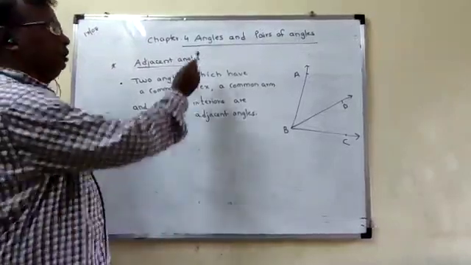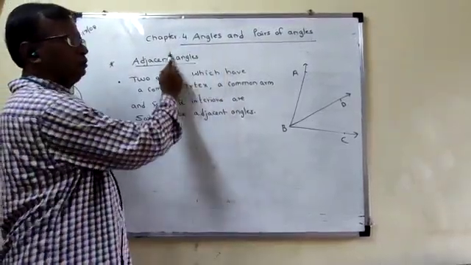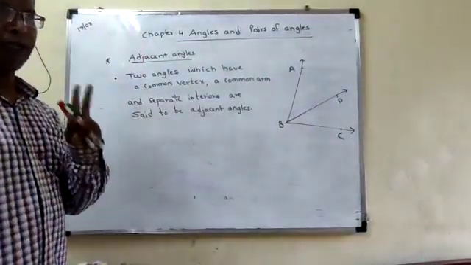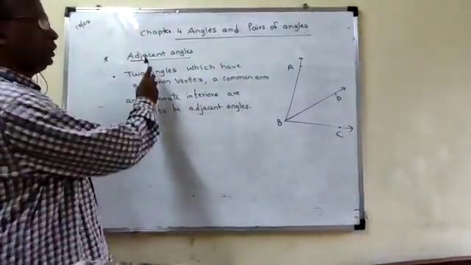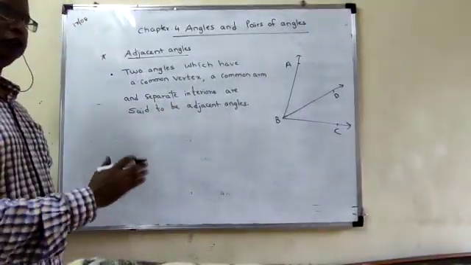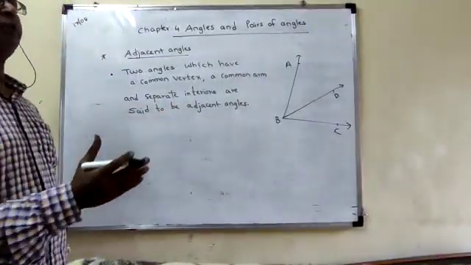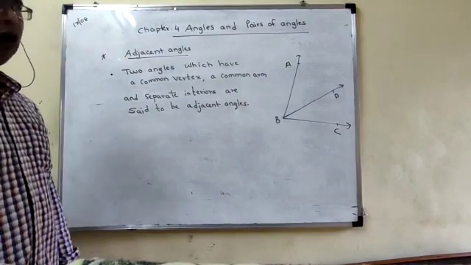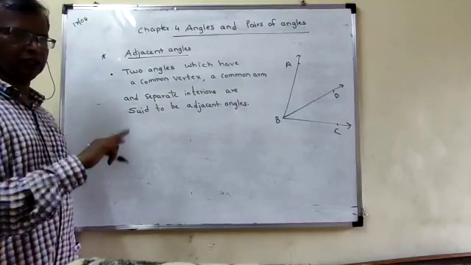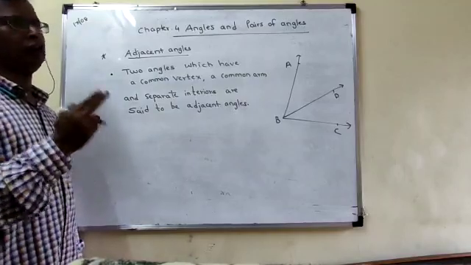Now students, I taught you about the angles. Now we taught about the pairs of angles. Pairs means what? Two. For example, here: adjacent angles, vertically opposite angles, angles in linear pair. They are called pairs of angles. Pairs means two angles. When two angles are there, then they are called pairs of angles.